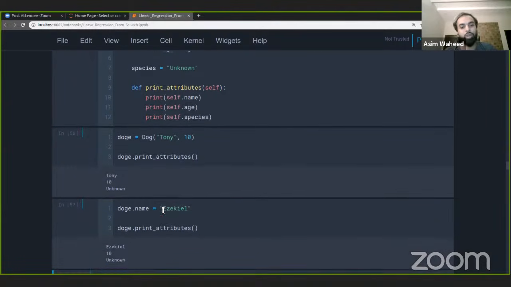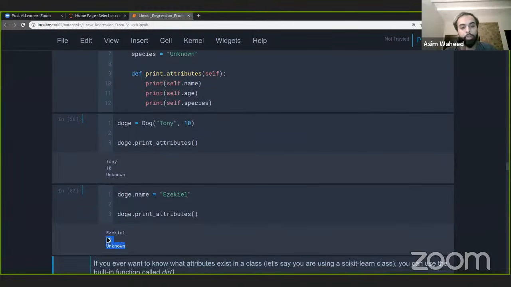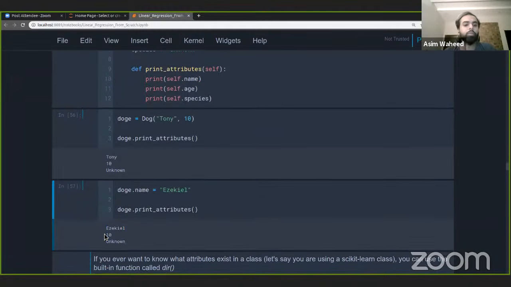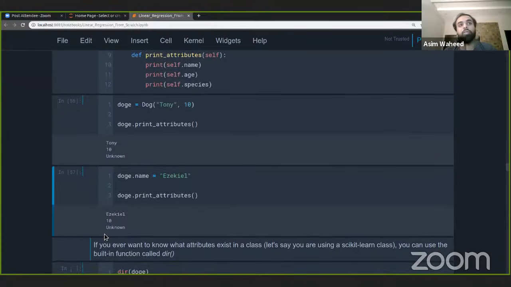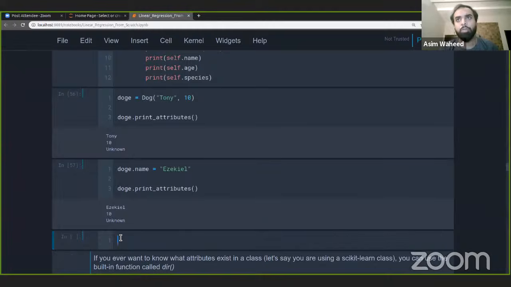So I've changed the dog's name from Tony to Ezekiel. And now if I were to print the attributes, their name is Ezekiel. So there's a lot of attributes that can exist within a class. In fact, if we want to know all of the attributes that exist within sklearn, so for example, let me just,